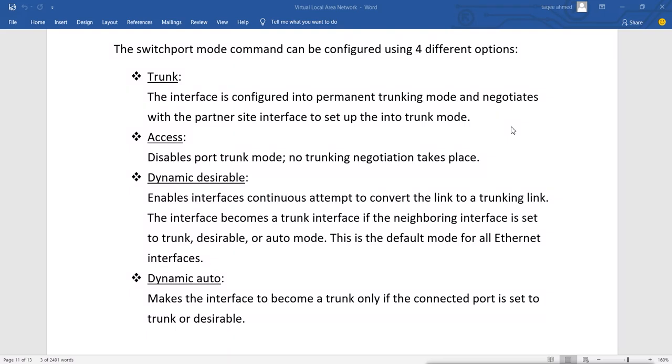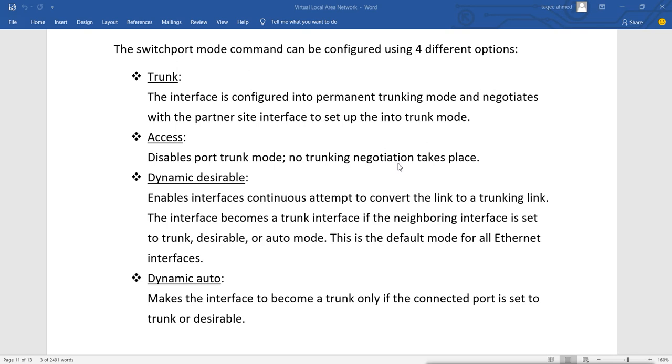If we put it into access, then it will disable port trunk mode, and no trunking negotiation takes place. That means it will work as a normal port, and it will not negotiate with the other side of the device, and doesn't want to do the trunk.